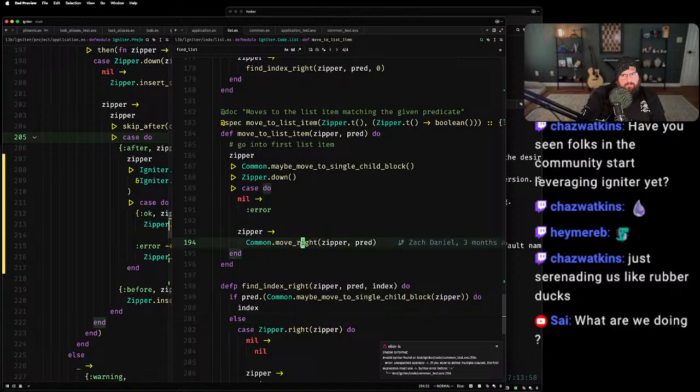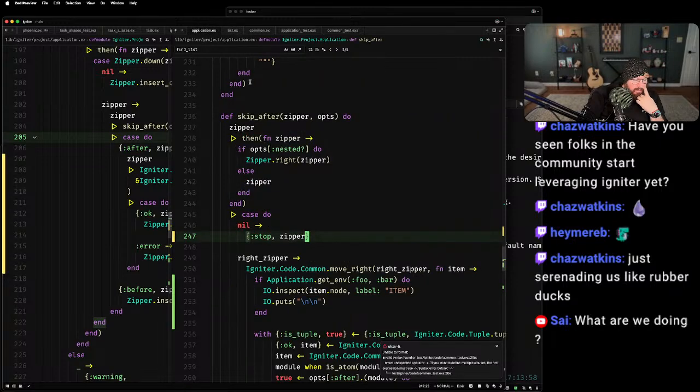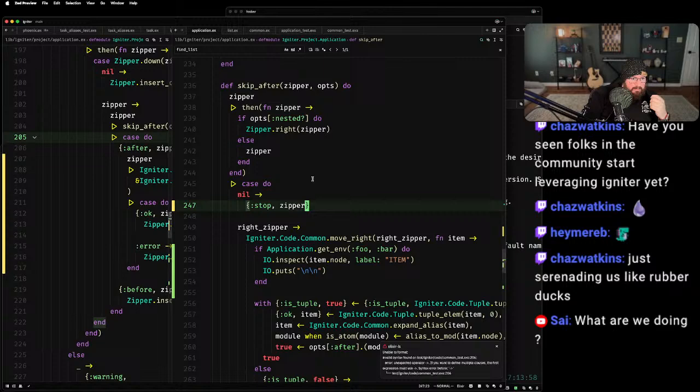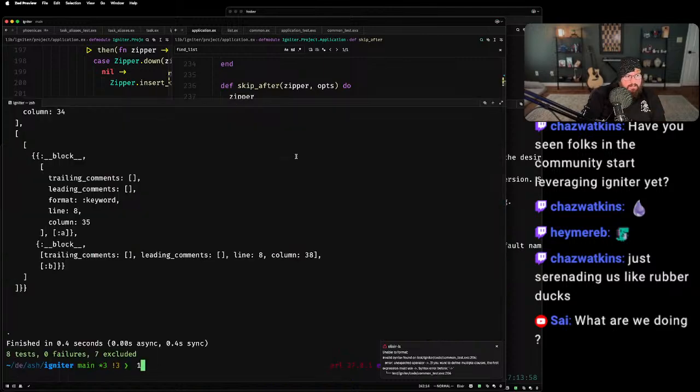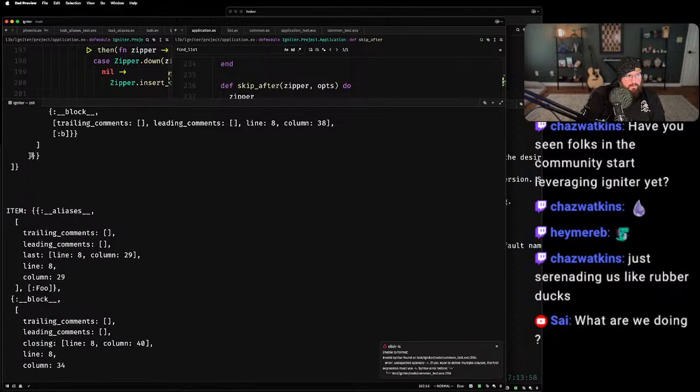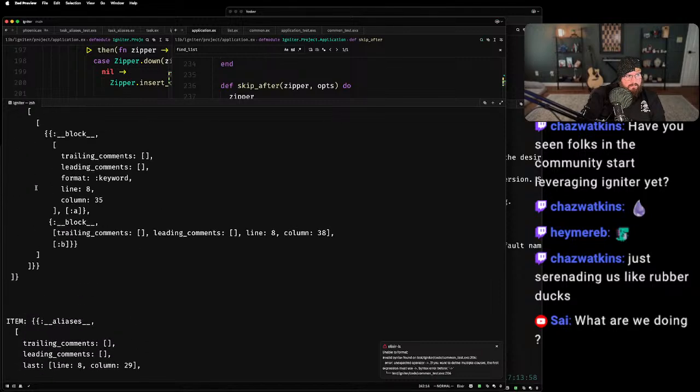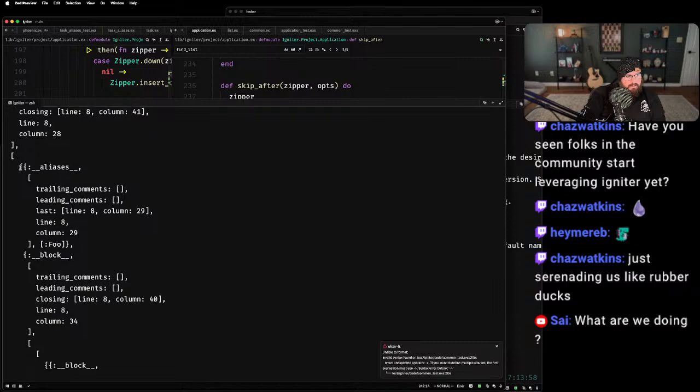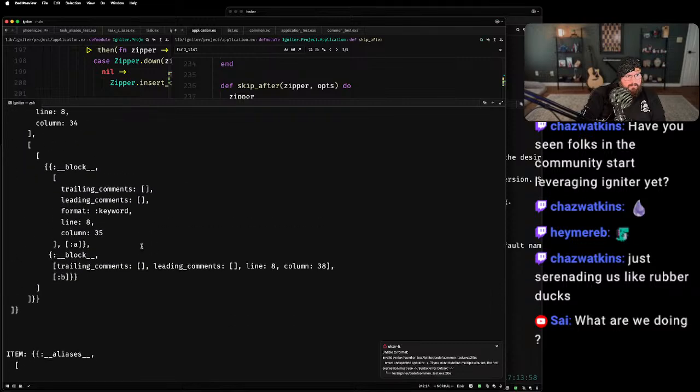But common.moveRight is going to be doing the wrong thing. Man, this is a brain buster. Move right should not, this is the basic problem. We should never have gotten this third item here, where we've now gone into this block. And the reason that we shouldn't is because this,